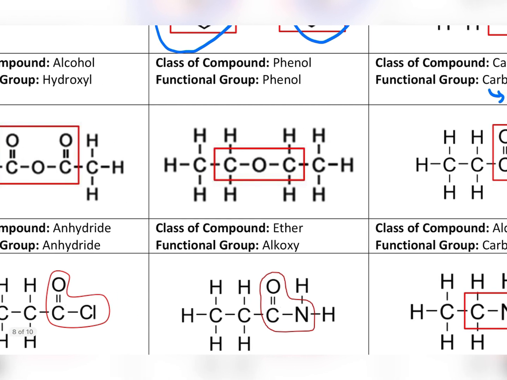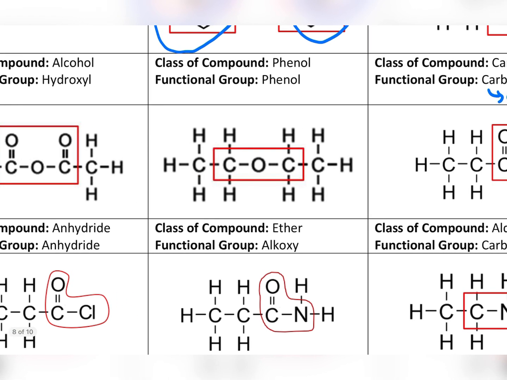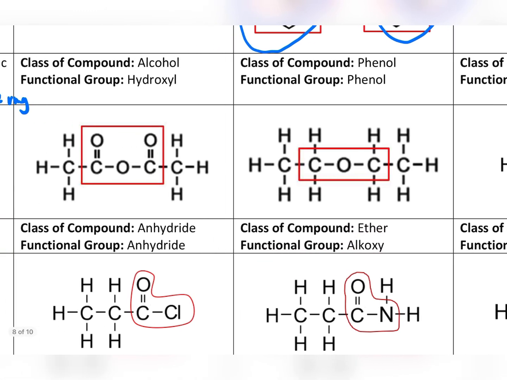Okay, and then next one adalah class of compound ether. Okay, ether dia C single bond O single bond C. Dia COC sahaja. Okay, saya ingat dia COC. Okay, dia tak ada double bond O dan O dia berada di chain utama. Okay, parent chain dia. Okay, so this is ether. Okay, and the functional group of ether adalah alkoxy. Sebab tu tadi saya cakap sini